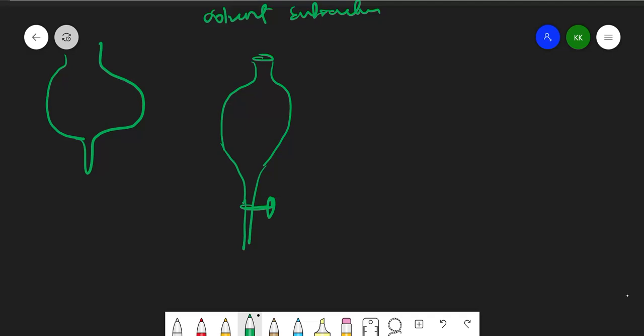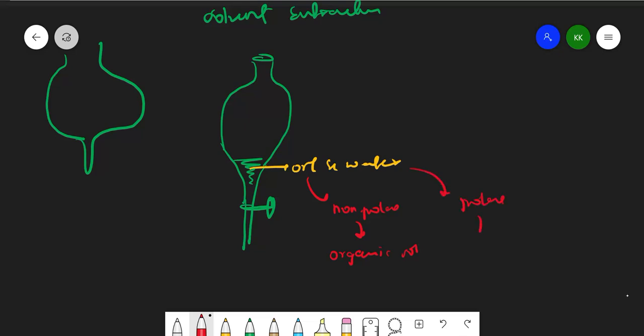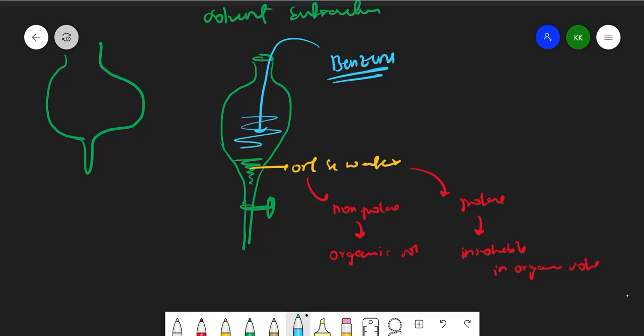What we do here, I will take this mixture which contains oil and water. So we know that oil is non-polar, so it is soluble in organic solvent, whereas water is polar, so it is insoluble in organic solvent. So to this I will add benzene, which is non-polar. So here I have benzene, and I will close the mouth of it,